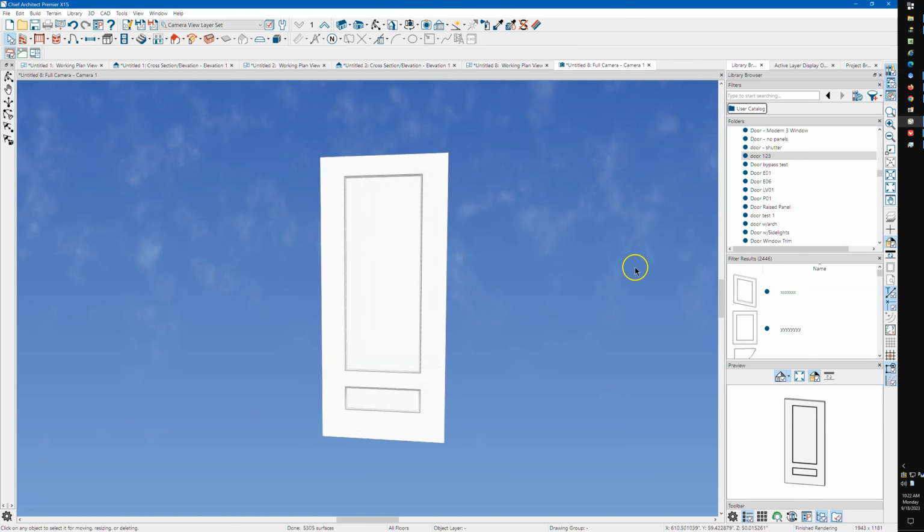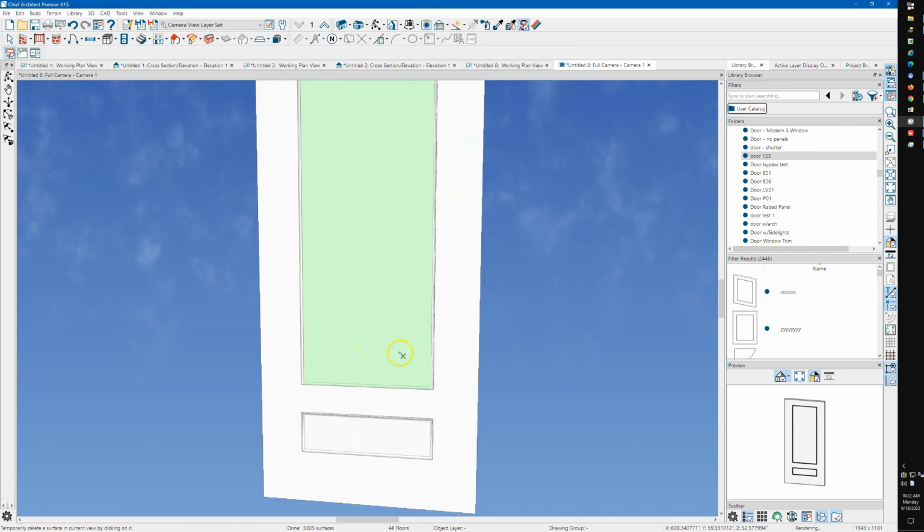And so we're still in this invisible wall. That's the key. You have to have a wall here to place a door in, but you don't want the wall to be showing. And so if you place that room divider and then make it visible, there's nothing there, so it's basically an invisible surface. So I'm going to use the delete surface tool, and you can see that when I use that, it